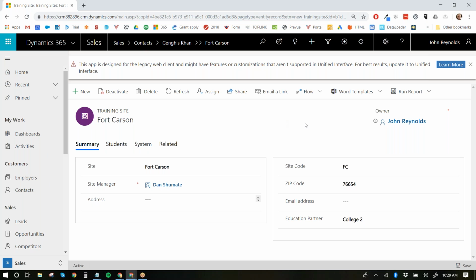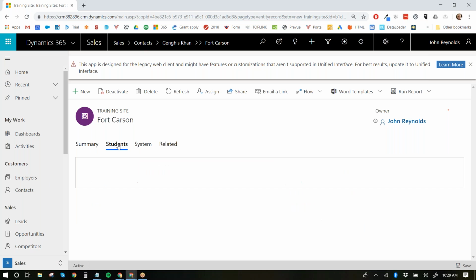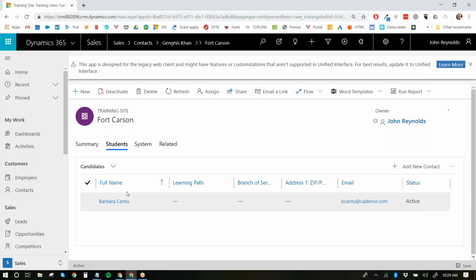So the other reason that I think having a separate entity is good is it allows us to create a related list, a grid that says, okay, who are the current students that are involved? So it gives you who are the students that are right now in the current training course at that training site.